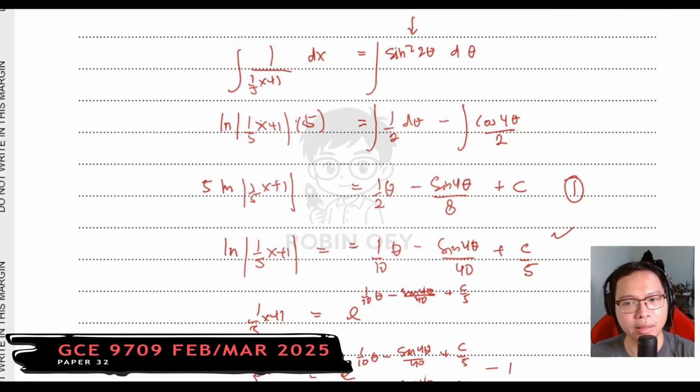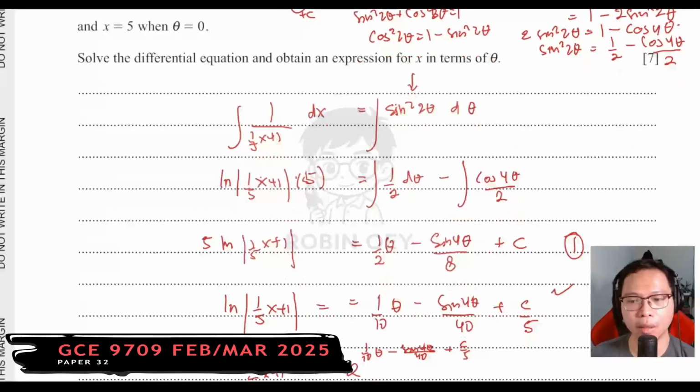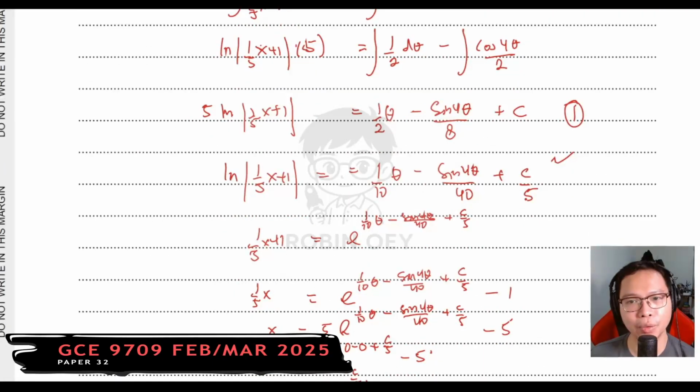Then next, the plus c. This is the important concept. As long as it's not a definite integral, we need to put a plus c, which is the constant. Now the c is on the bottom part, the d theta. We are not using the dx, we are using the d theta. So whatever the d theta, don't forget you need to put a plus c on that side. Then after that you integrate. Take your time to integrate that and simplify.